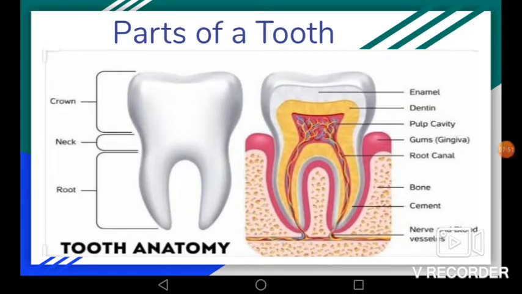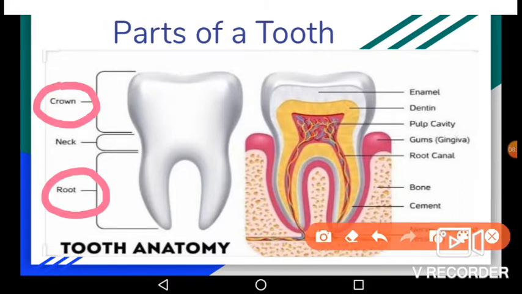We all know that teeth are hard, mineral-rich structures which are used to chew food. They are not made of bone like the rest of the skeleton, but have their own unique structure. A tooth has a crown and a root. The crown is the part we see, whereas the root is the part inside the gums. Gums hold the teeth in their places.